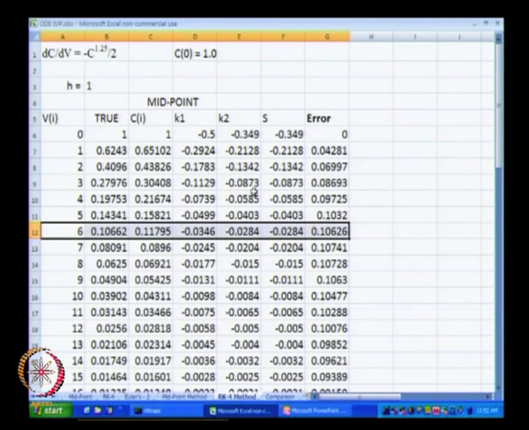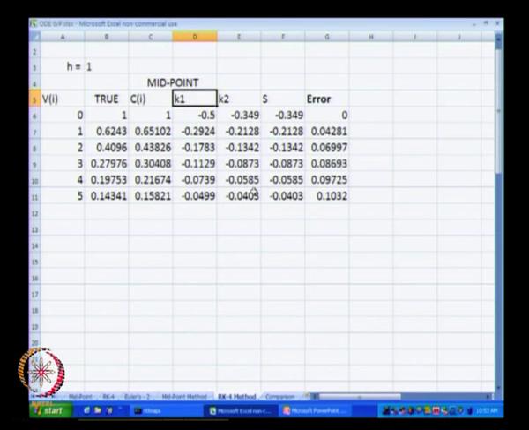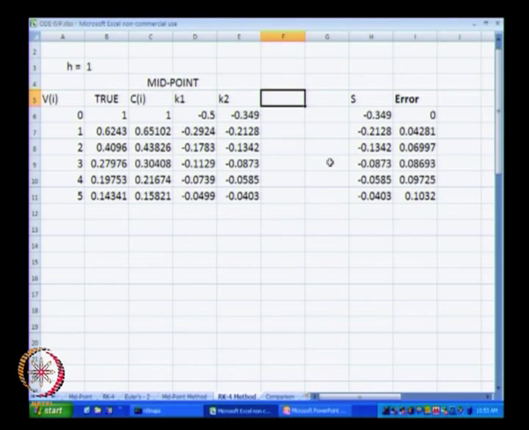I will just go down over here and delete all these. Okay. These two columns, the error column and the slope column, I will move 2 positions to the right, and the reason for that is I want to accommodate K3 and K4. Okay.